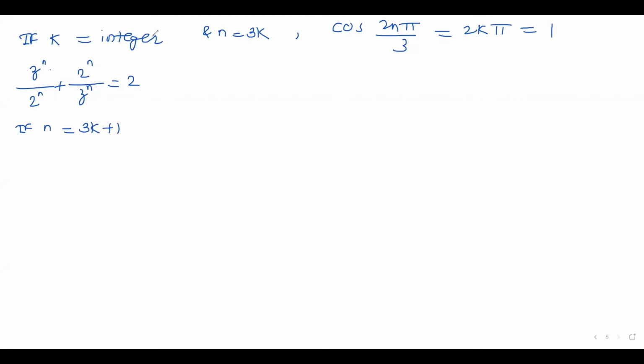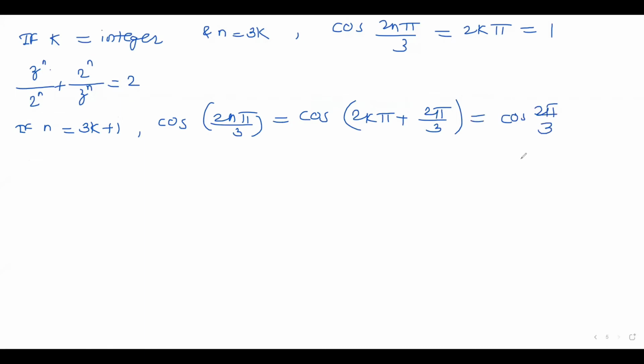3k plus 1, for n you are taking 3k plus 1, so what will you get? cos of 2n pi by 3 will become cos of 2k pi plus 2 pi by 3, but that is nothing but cos of 2 pi by 3, right? And that is nothing but -1/2. Why do we do this? Because we have to show that their addition comes to 0; this is -1/2, right? Similarly, if I change the value of n once more, if n is equal to 3k plus 2, then cos of 2n pi divided by 3 will become cos of,